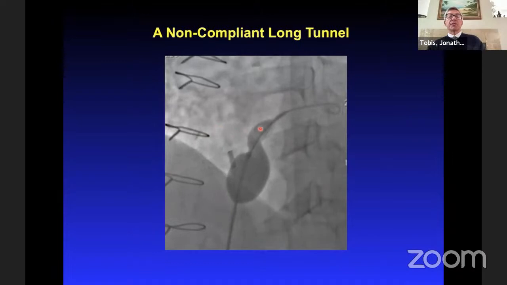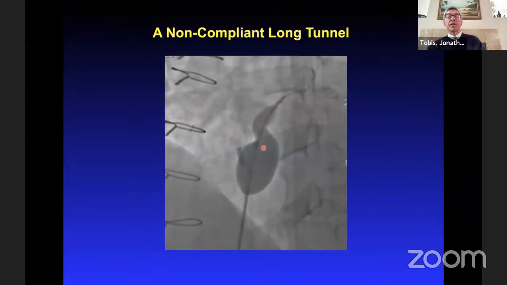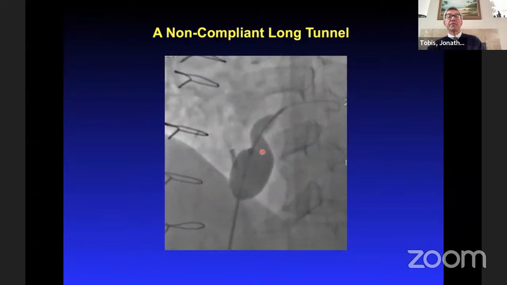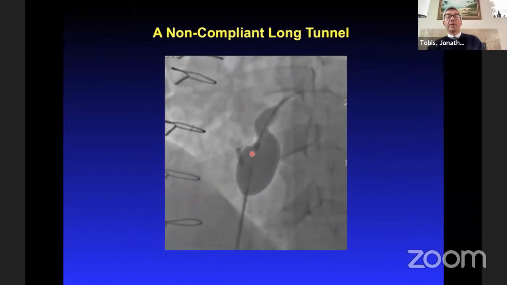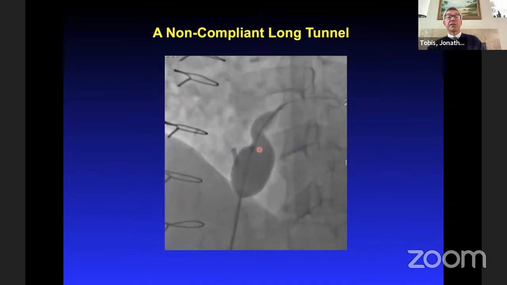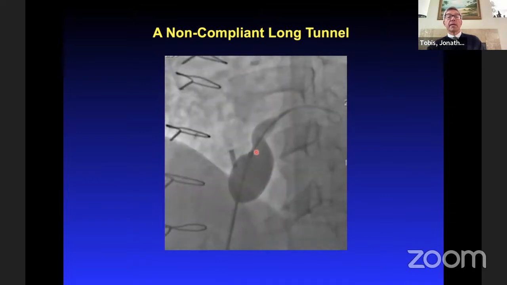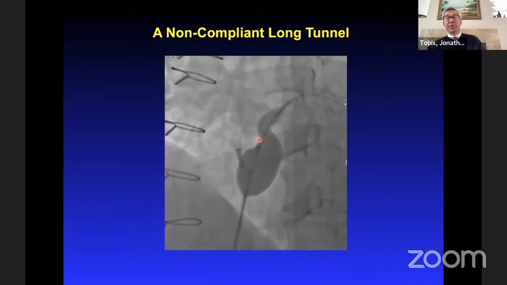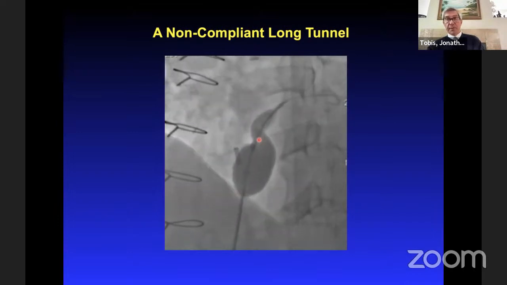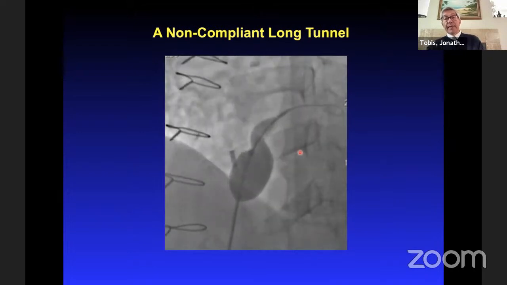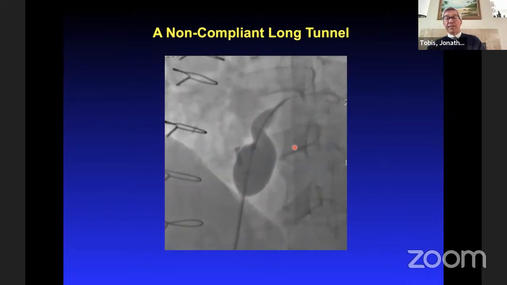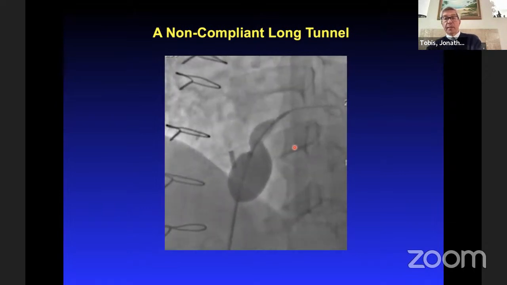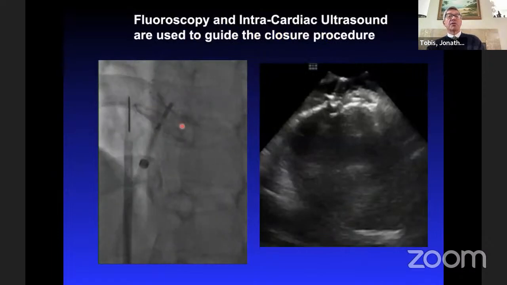Then you get occasional septums that are non-compliant. This is sort of described as a gooseneck deformity to the atrial septum. But I've never had a problem with the current PFO devices to close a PFO, no matter what the formation or the size, or whether there's an atrial septal aneurysm or not. In the early days, people had trouble getting across, they would do a transseptal puncture, but that's really unheard of nowadays. This is what it looks like.